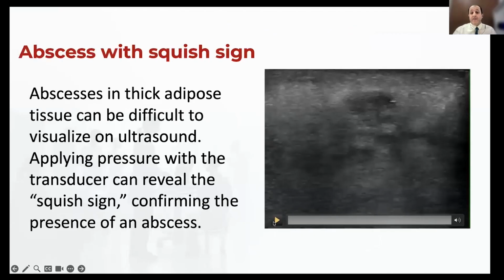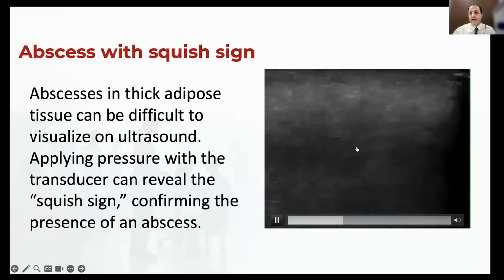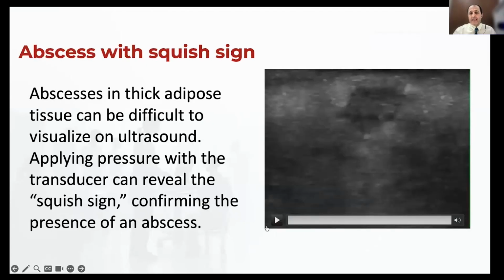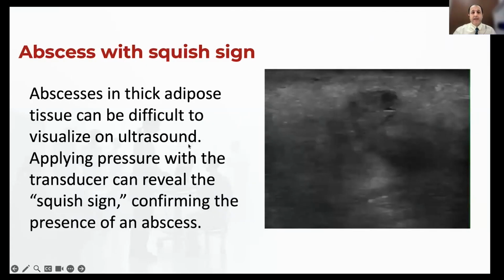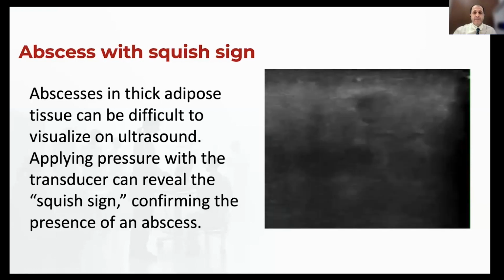Another good landmark that we need to check for in detecting the abscess, when you are not sure whether it is abscess or not, is the squish sign. So when you are putting some pressure on the skin, you can find some movement in the pus. It is the squish sign, and it is a good landmark again for differentiating abscess from other non-infection lesions.